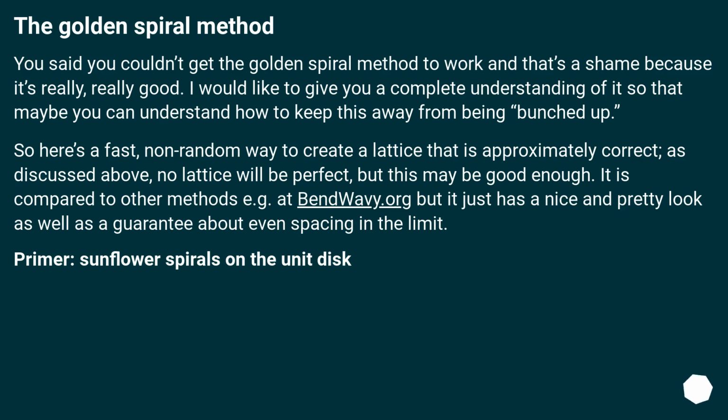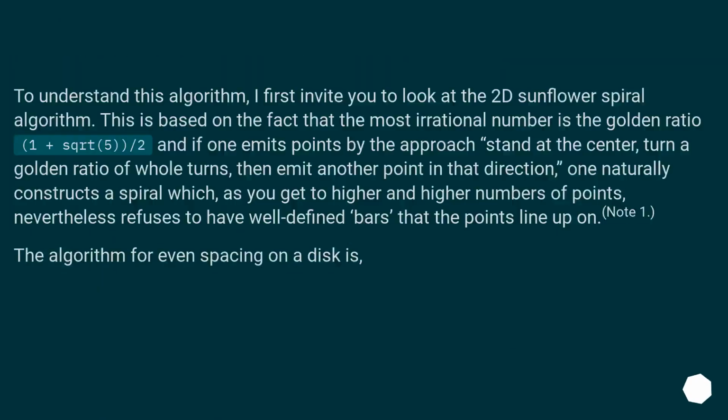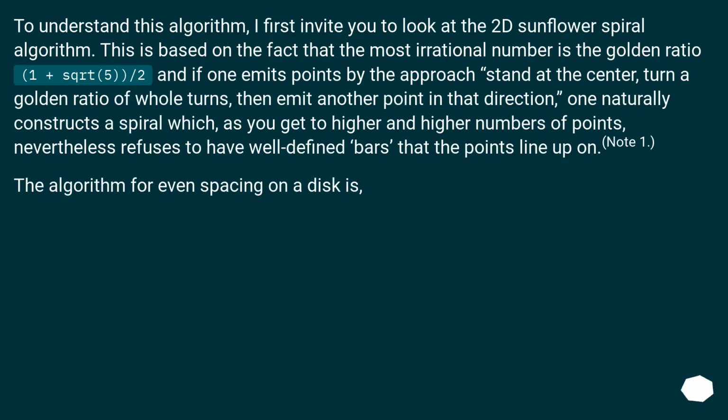It is compared to other methods, for example at bendwavy.org, but it just has a nice and pretty look as well as a guarantee about even spacing in the limit. Primer: sunflower spirals on the unit disk. To understand this algorithm, I first invite you to look at the 2D sunflower spiral algorithm. This is based on the fact that the most irrational number is the golden ratio, (1 plus